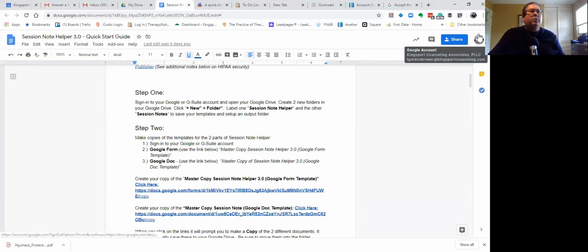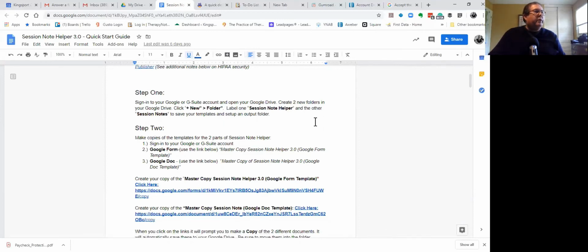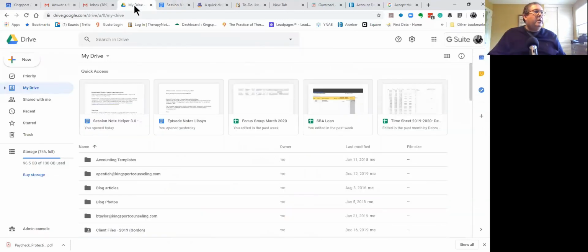And if you go up here to the top right-hand corner of your browser, you should be able to see where to log in if you haven't logged in already. But the first thing I'd like for you to do in order to set this up is go into your